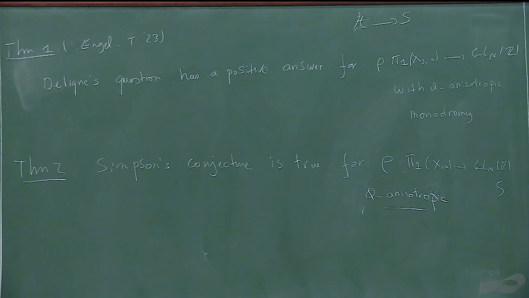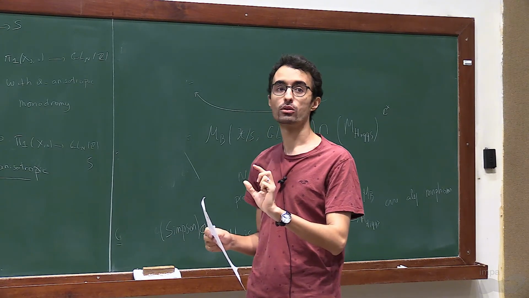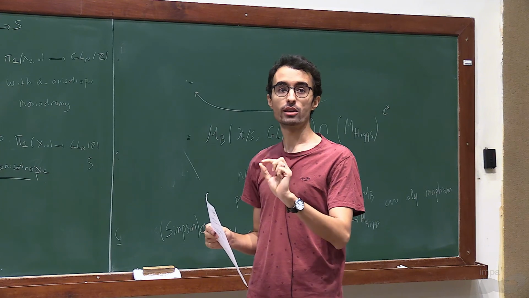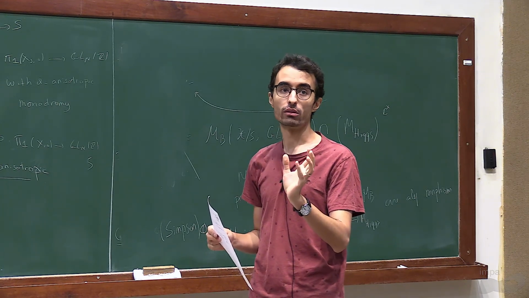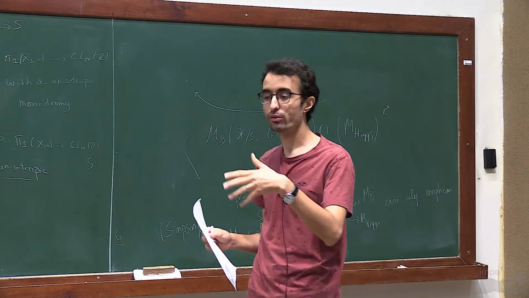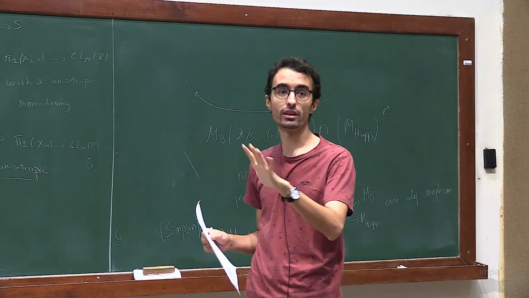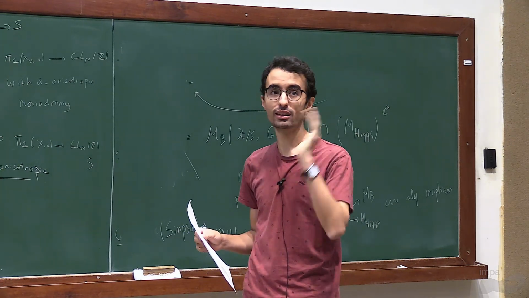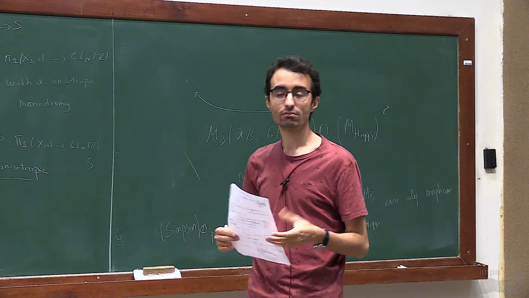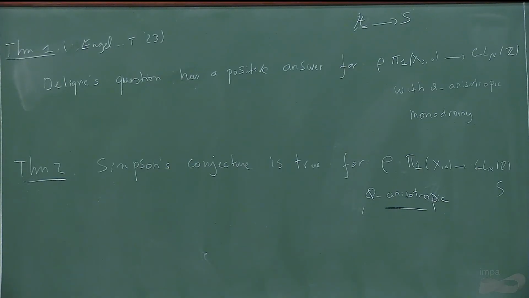No, sorry. It would be interesting to find ZPVHS with Q anisotropic monodromy that are not parameterized by Shimura varieties. For Shimura varieties, it's very simple. Once you take a compact quotient of a Shimura variety, you can take any subvariety, and then that will give you an example of a ZPVHS. In general, even if you construct the compact quotients of Mumford-Tate domains, you have no guarantee that you can find